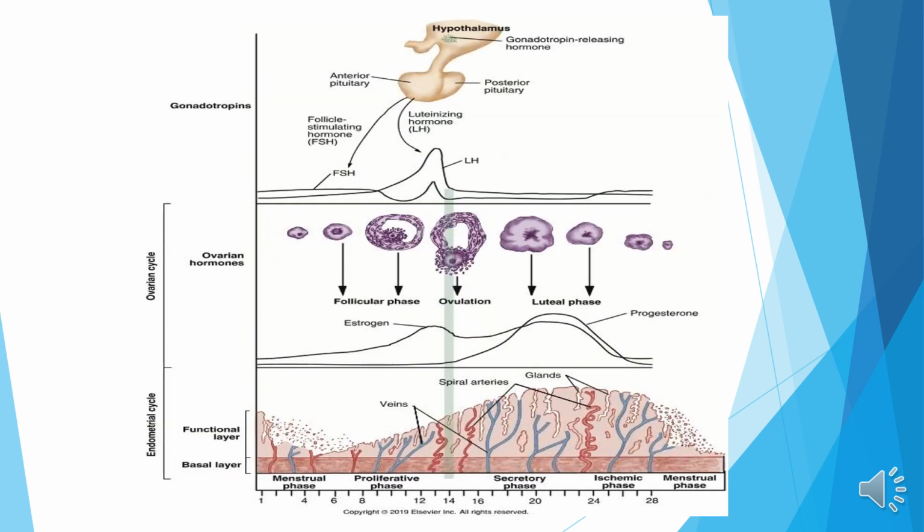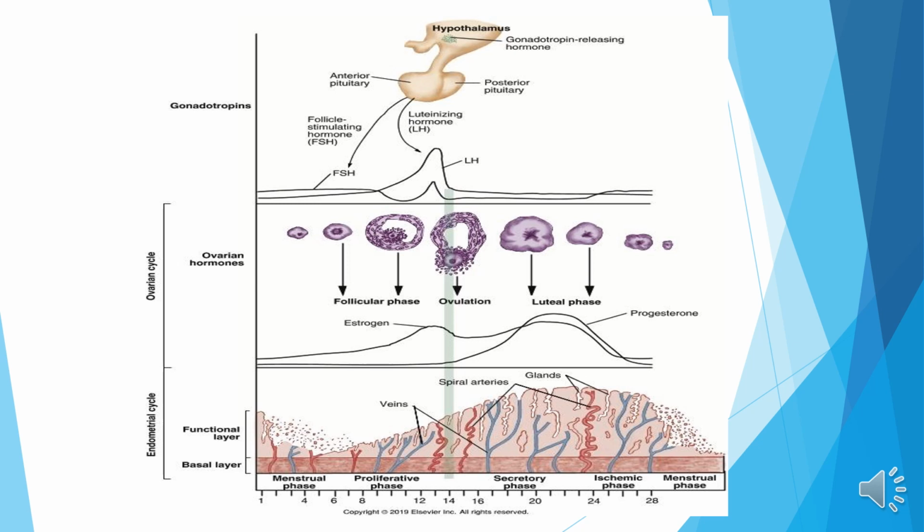Here's a nice image of what's going on. I think looking at this really helped me when I was learning this, to see how they kind of coincide. And obviously we're releasing our hormones from our hypothalamus, the FSH, the LH, and so you can see how the levels of each of those spike and rise prior to ovulation, and how during your menstrual phase is when you're starting your follicular phase of growing that